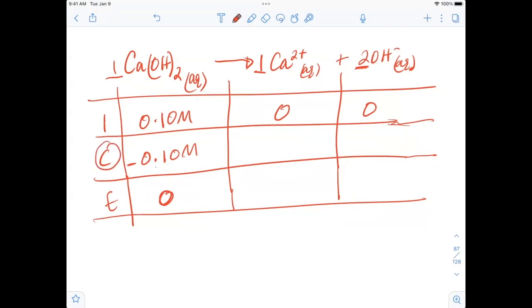So for every 0.10 molar amount of calcium hydroxide that ionizes, we produce the same amount of calcium ion because you have a 1 to 1 mole ratio. That's what those numbers mean. But since you have twice the amount of hydroxide, it should reflect that here, twice the amount of hydroxide. So it's going to be plus, plus, right? To get the N, take I plus C, you get 0.10,